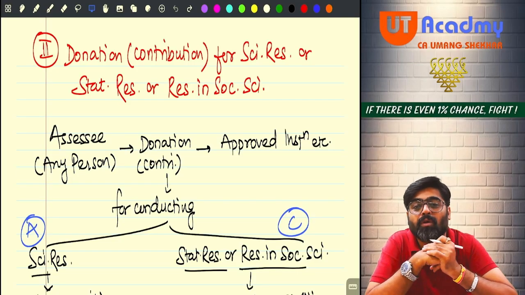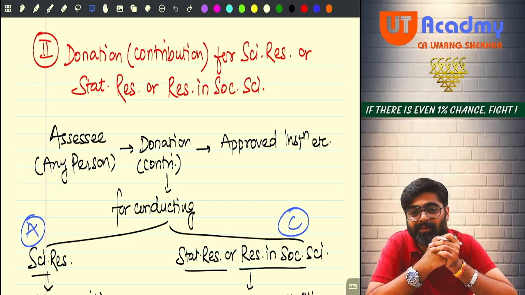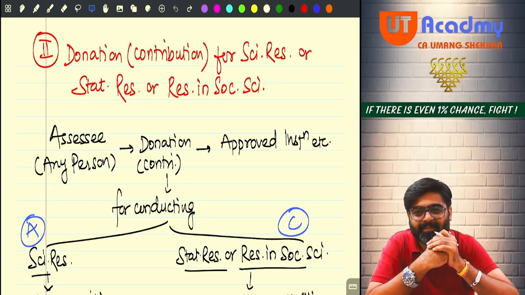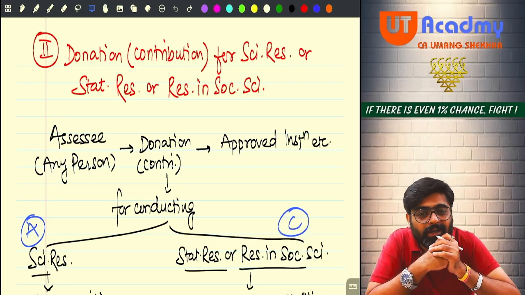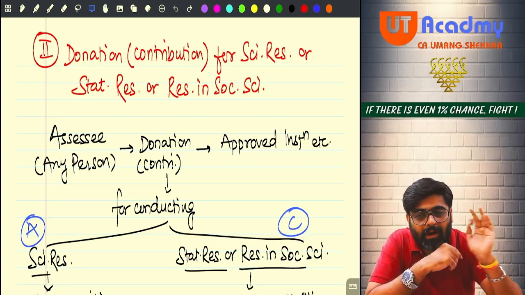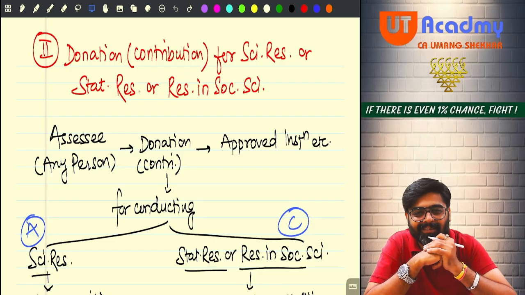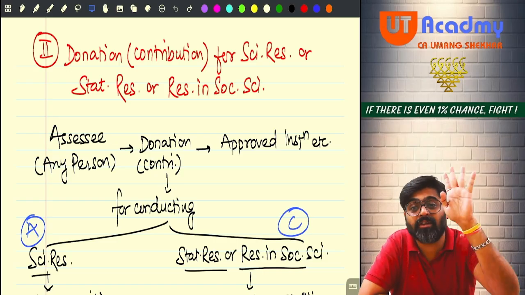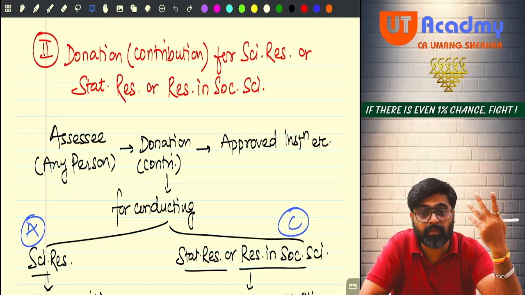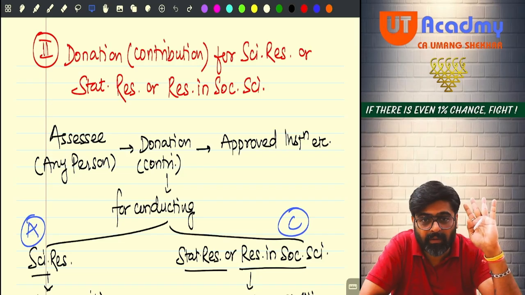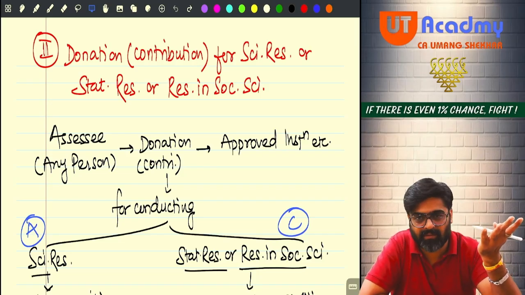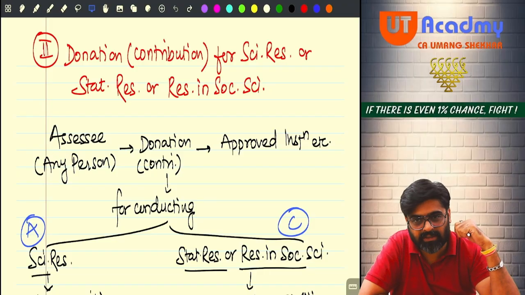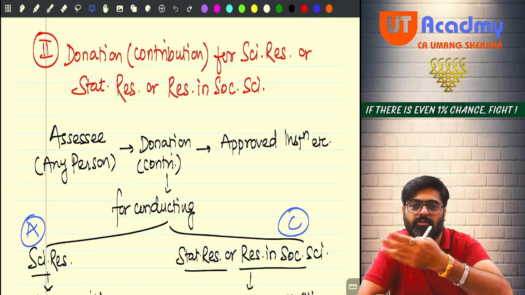But the businessman will not contribute without any return. The businessman would say, I will contribute, but the amount is spent by me. So can you give me a deduction for that amount in PGBP? The government said, okay, take. Even though it is not your business expense, even though the scientific research performed by them may or may not be related to your business. Getting my point? Since you are helping the government to fund these kinds of institutes or associations, the government is going to give you some benefit.